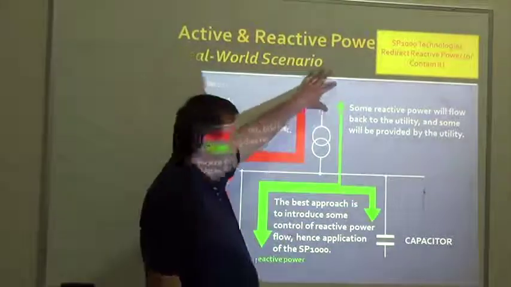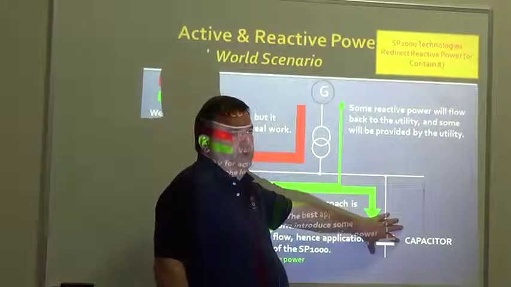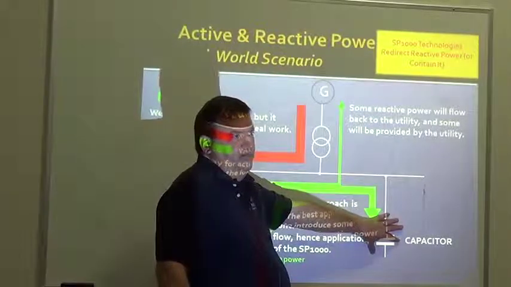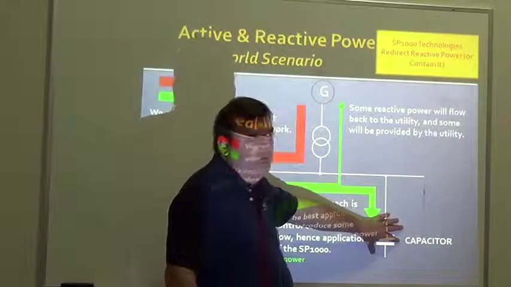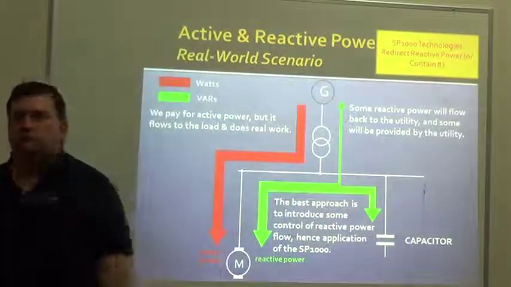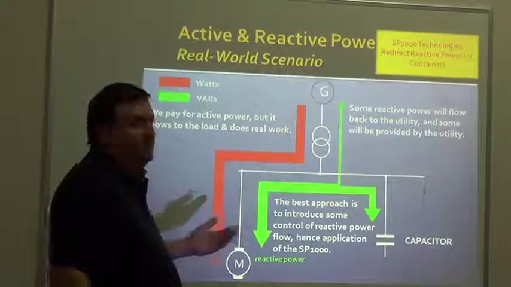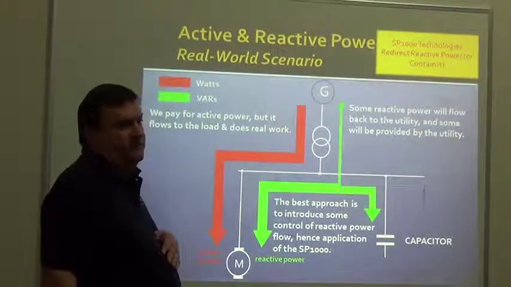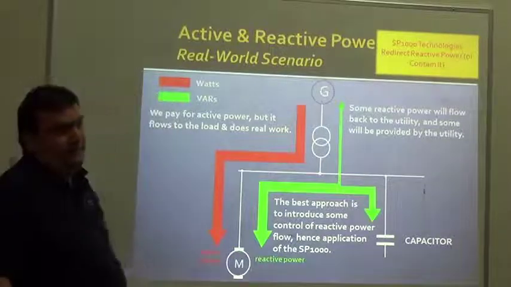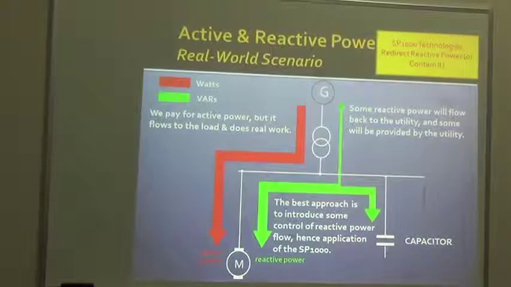This is an expensive place to get the reactive power from the utility. This is a more manageable situation for the customer to be able to provide his own reactive power based on his needs. That's a great slide and a great selling statement. If the customer is in control of their reactive power production, which is what the SP1000 allows you to do, it's going to be more cost effective for the customer because the customer is not at the mercy of the utility. So it's really taking the reactive power and saying, okay, this MRI needs all this power right now, so